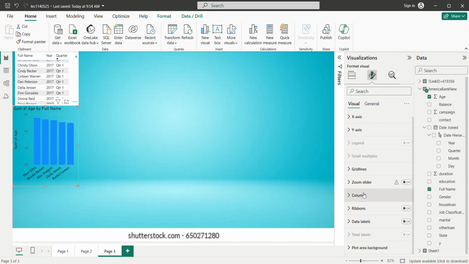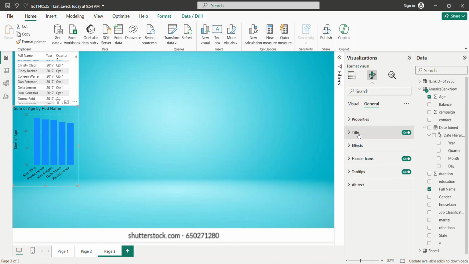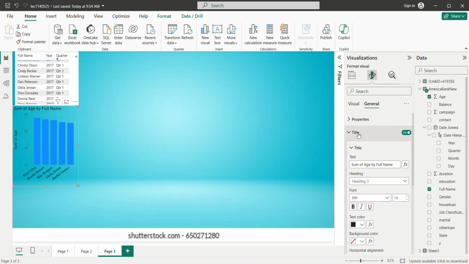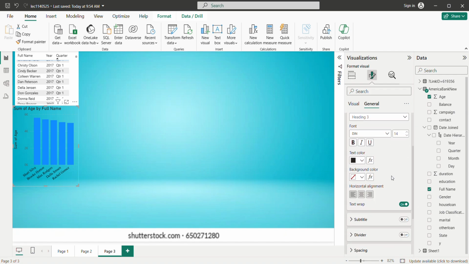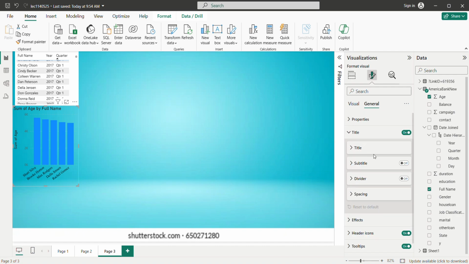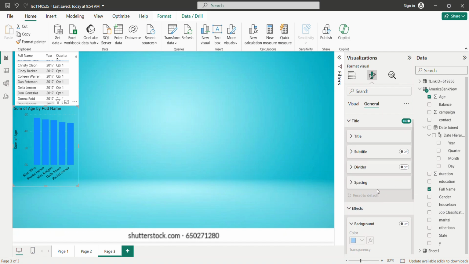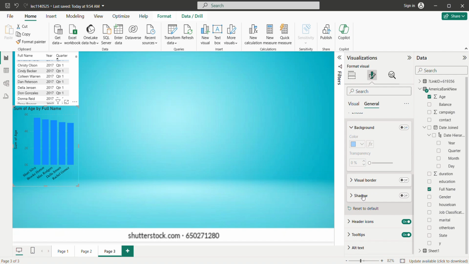Okay, not labeling. Go for generalization. You can see the colors we have. You can change them. The text color, the background is black. What is being shown? Okay, fine. The title and everything. Effects, if you want to change them, you can change them. So for your shadows, what we have,